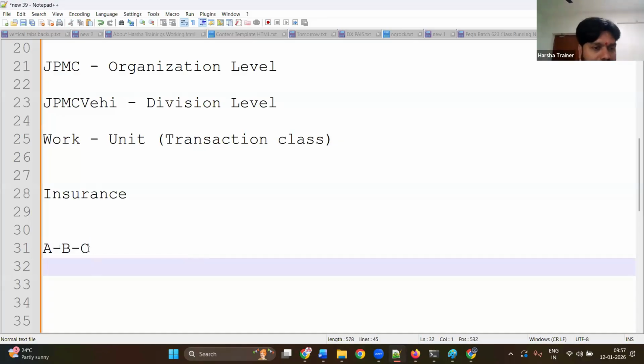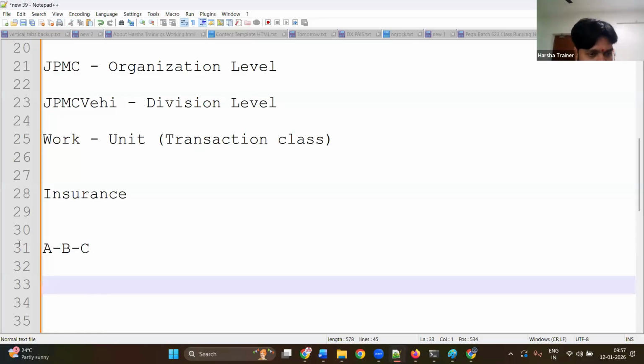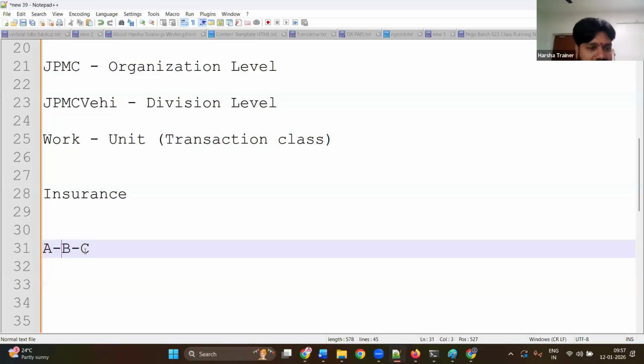Can you tell me what is the parent of C in the pattern inheritance that I have written? Imagine A is a class, B is a class, C is a class. For C, what is the parent? B. For B, what is the parent? A. Does it mean A is also parent to C? Yes. Multi-level. That's possible. So in Pega, if I show you a class name, you can easily say what the parent classes are. Pattern inheritance is defined by hyphen, dash. Understand clear, everyone?